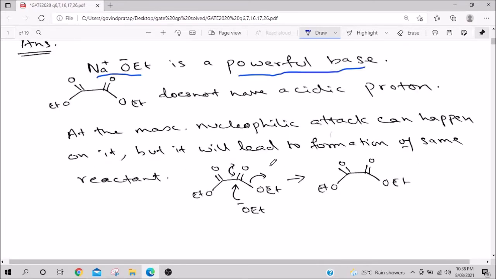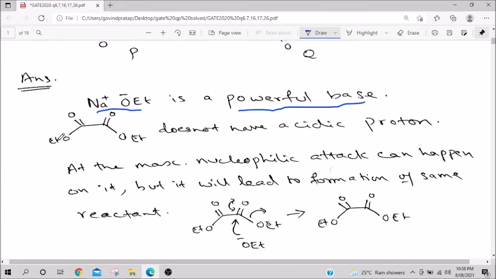So let us look at this molecule. In this molecule, it is CH2CH3, Et means ethyl group. Here there is no proton which is acidic, because even imagine if it was CH2 and you remove a proton here, you get a negative charge. How will we know a proton is acidic or not? After removal of the proton, the conjugate base that you get should be stable. So now imagine you get this negative charge. Just next to it is oxygen, which is single bonded, so it is not being stabilized. Therefore there is no acidic proton. So sodium methoxide will not attack on this molecule.